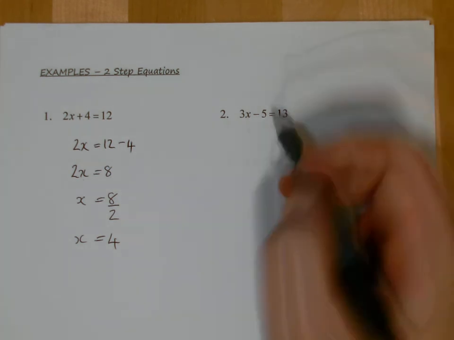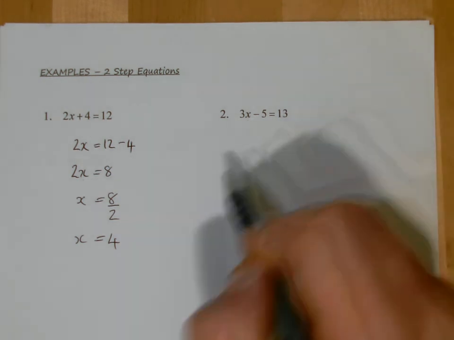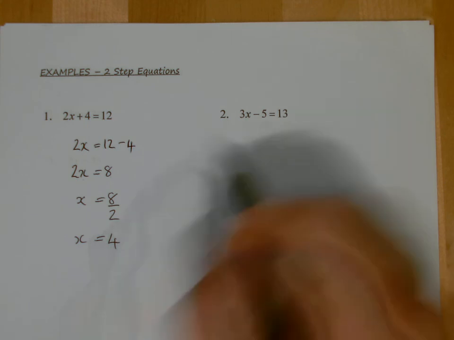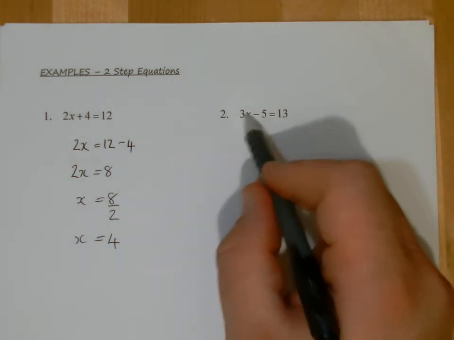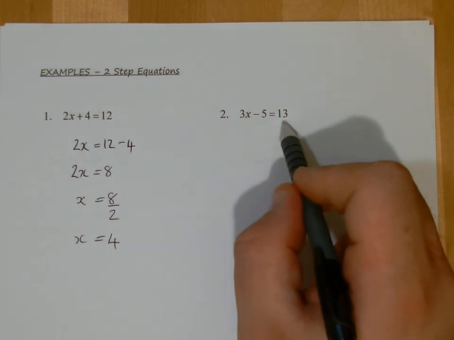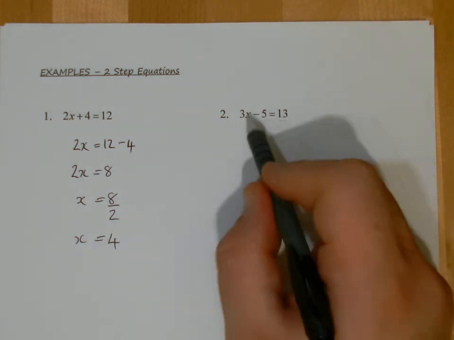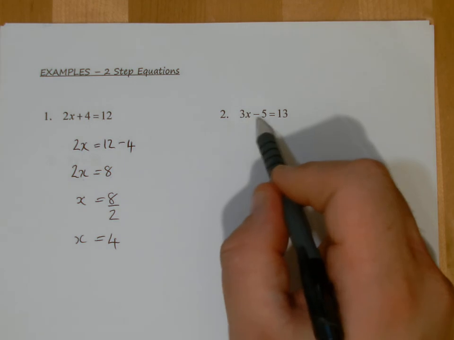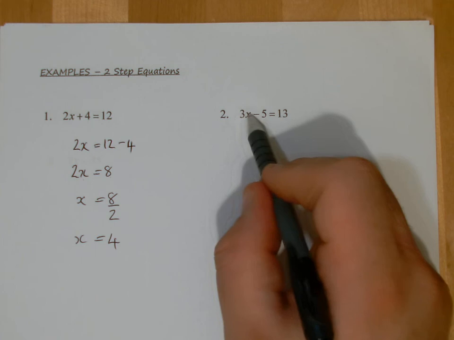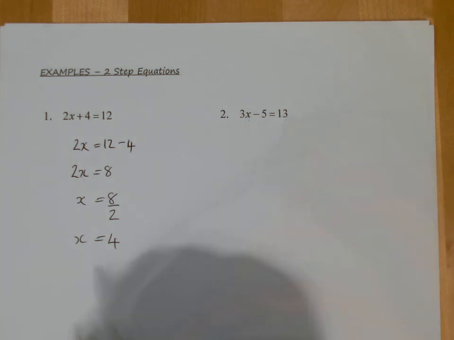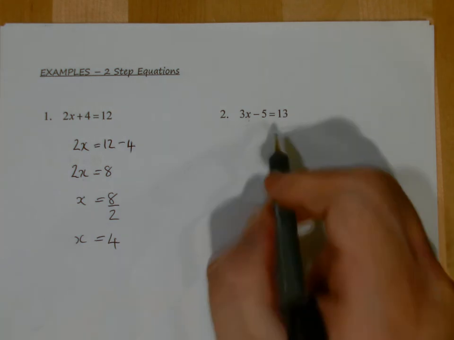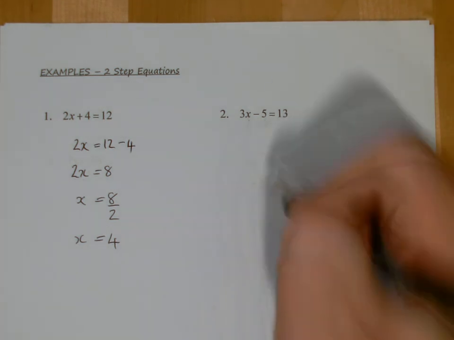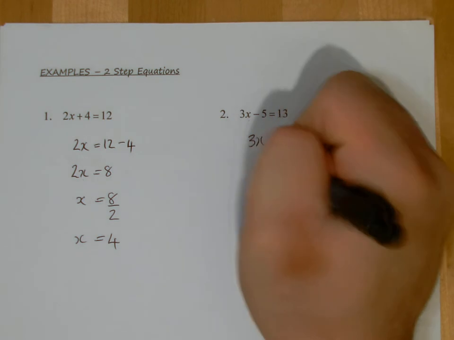Okay, so in this case now, 3x take away 5 is 13. Okay, so you've got to think here that this term 3x here actually has to be bigger than 13, doesn't it? Yeah, because whatever it is, you've got to take away something from it. You've got to take away 5 from 3x to give you 13, so it's got to be bigger, isn't it? So again, we think the opposite, okay, of taking away 5, which is adding 5. So if we add 5 onto 13,